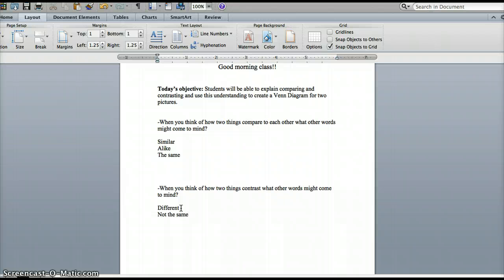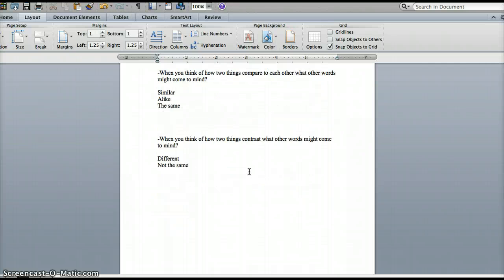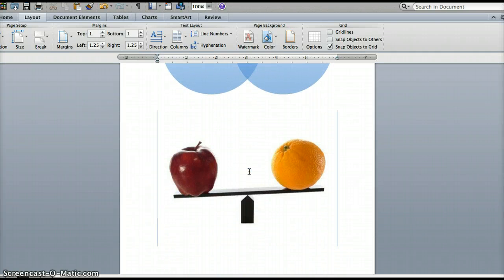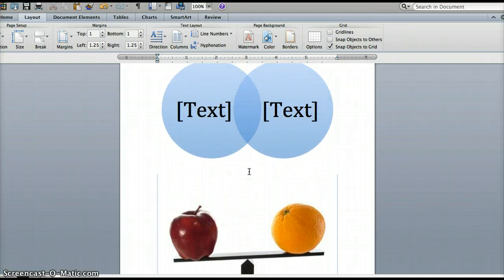So what we're going to do now is look at a simple image and talk about the things that compare and the things that contrast, and then we'll move on to a more complex image so that when you come to class and we are reading our stories that we want to compare and contrast, you will have a better understanding and you'll be able to do it. So if we look at this image right here,